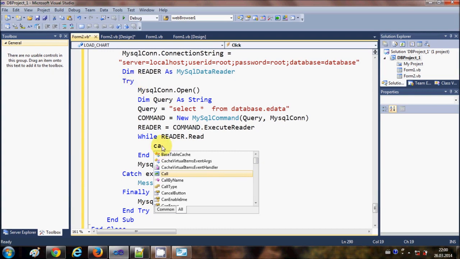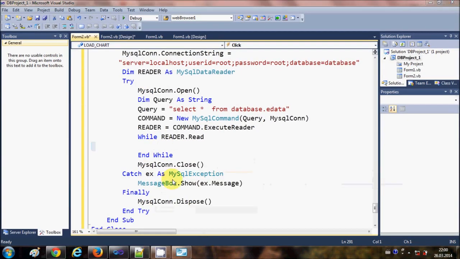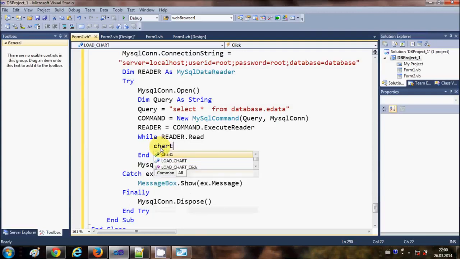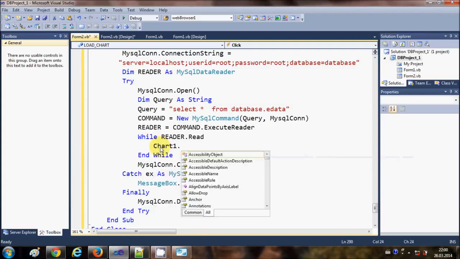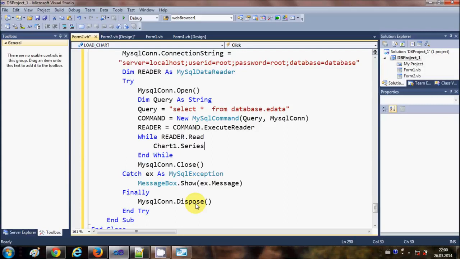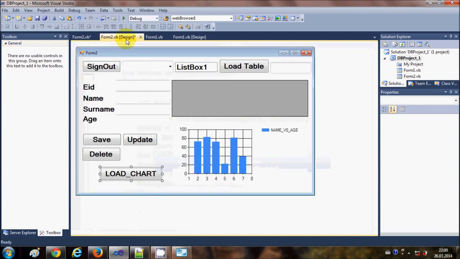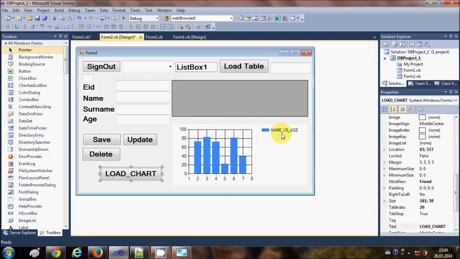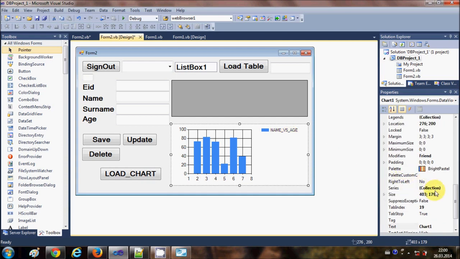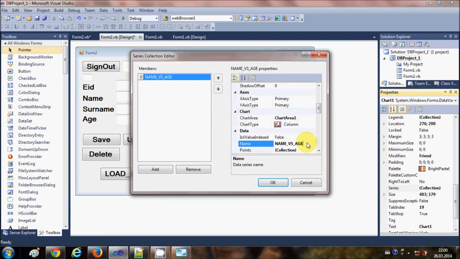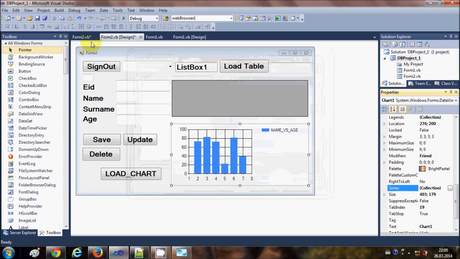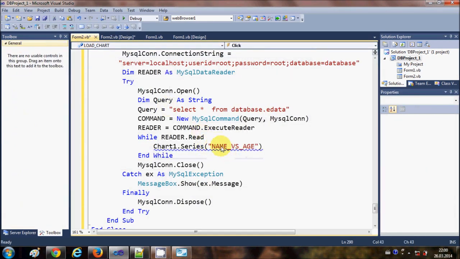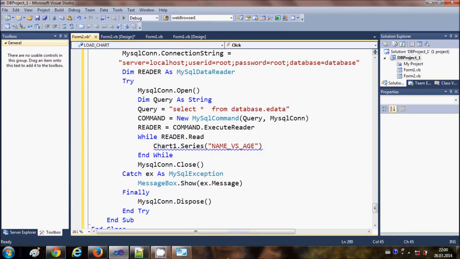chart. So write chart1, which is the name of my chart, dot series, and then I'm going to write the name of my series, right? Remember, I have given the name to my series as name versus age chart. So I will just copy the name of my series from here, which is name versus age, and I will paste it here in between double quotes, and then I will write dot